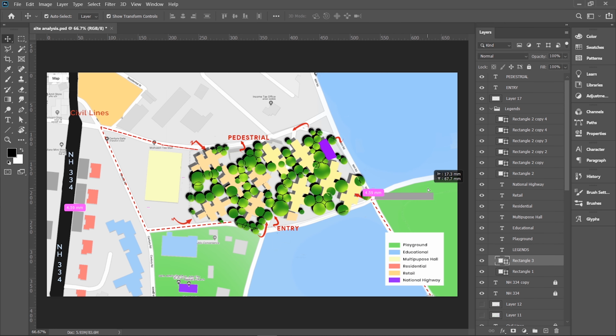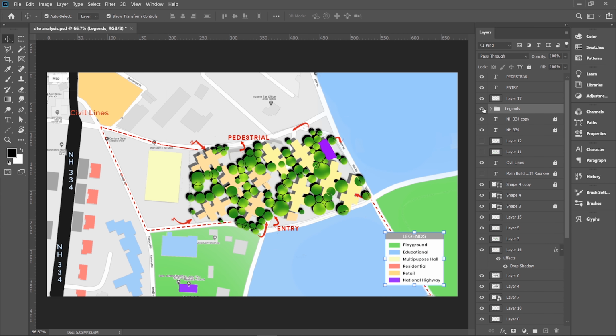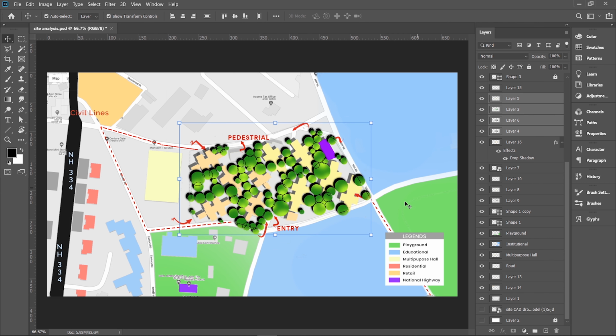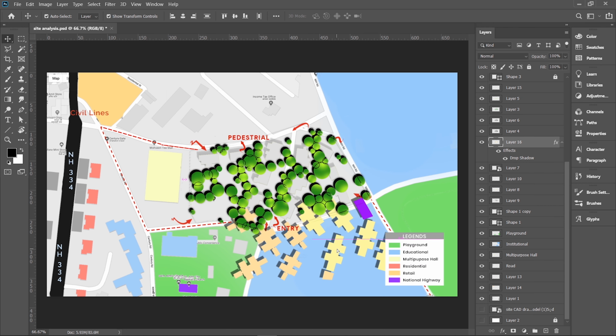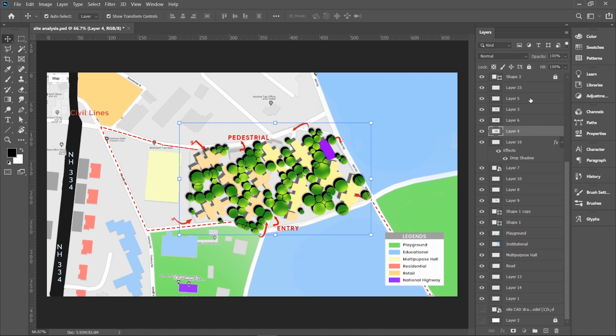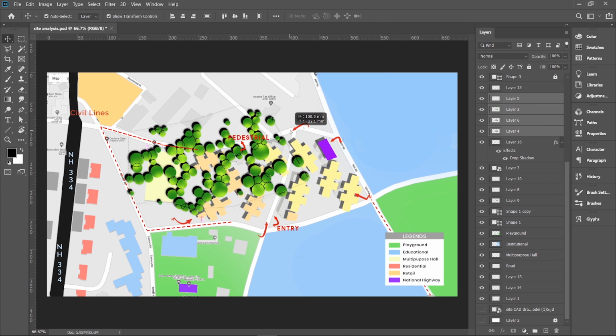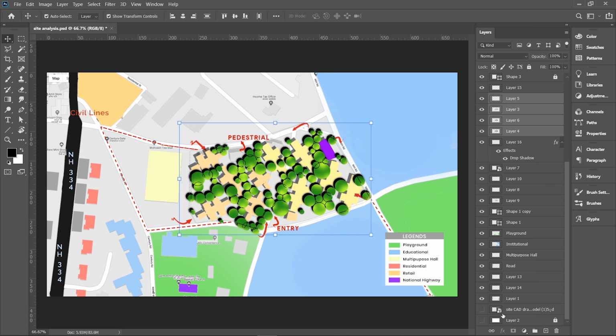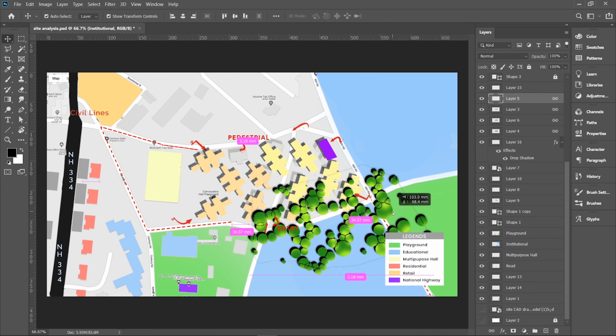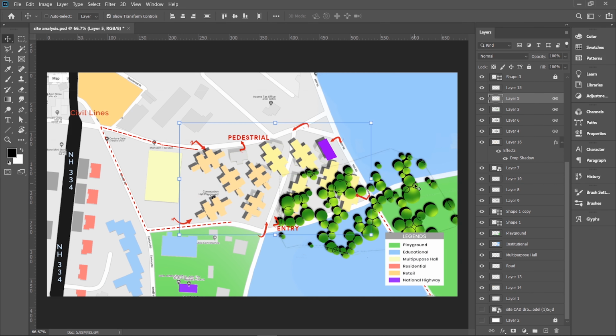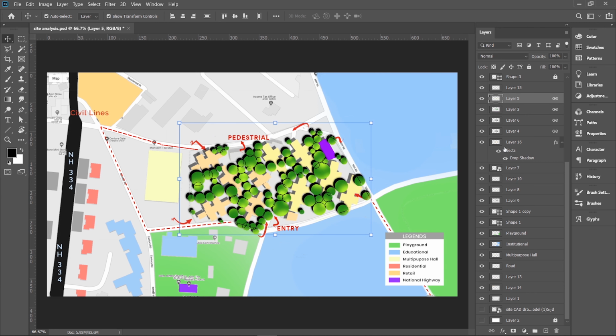You will observe that grouping doesn't make any difference to the layers. If you click on the layer, only that layer will get selected. In order to connect them or link them so that they move together, click on the link button. Now you will observe that these layers move together. You can unlink them later by clicking on the same icon.